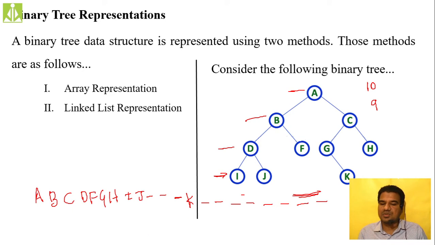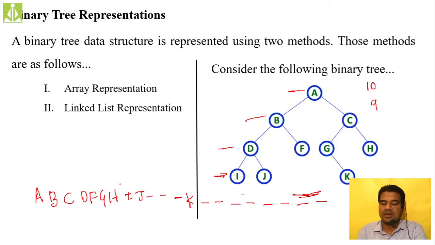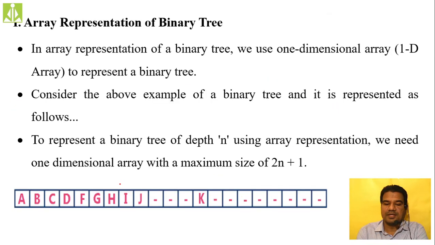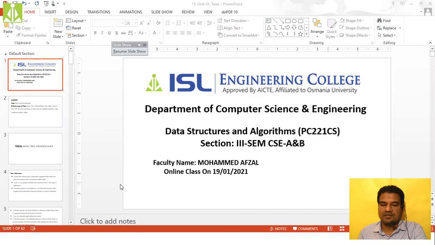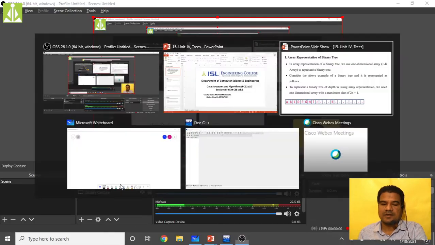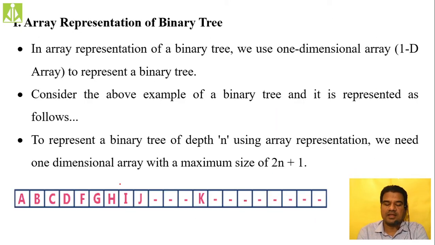So like this we store. See how much, what we got? A, B, C, D, F, G, H, I, J. The same thing we got over here. If you see, in this one, A, B, C, D, F, G, H, I, J I got. Then three hyphens. In this one only we got three hyphens. So three hyphens, then K.